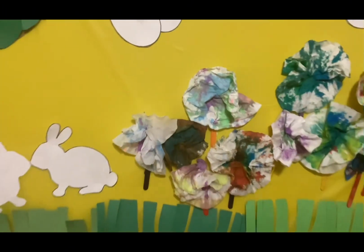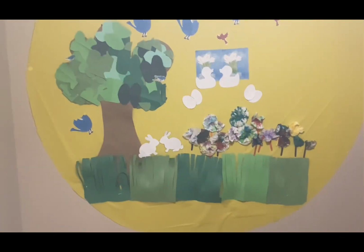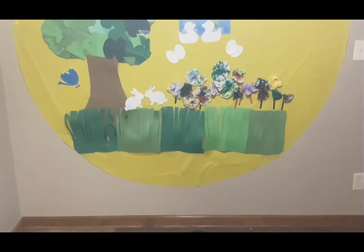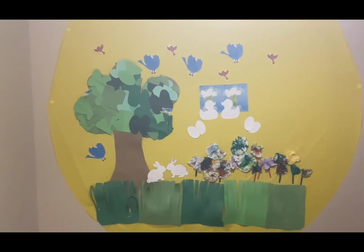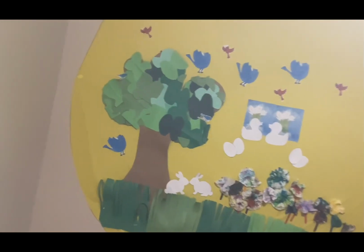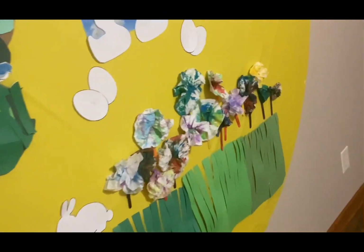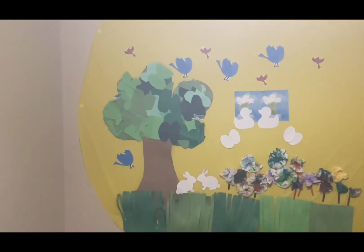Okay. Would you make a theme wall for every season? I've been doing it and I love it. I love being able to create a centerpiece for the house to where the babies can come and look and be like, wow, I made that. And I can tell them, what's that animal? Or what's this animal? Or what is this? What's that? And it's also a lesson tool as well. But I love it. I love the bluebirds. Also,